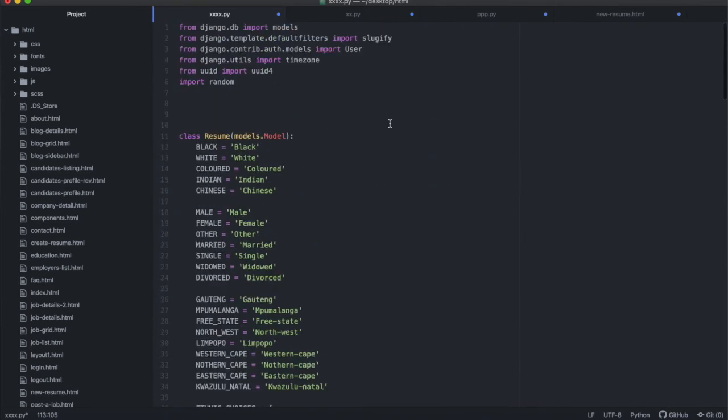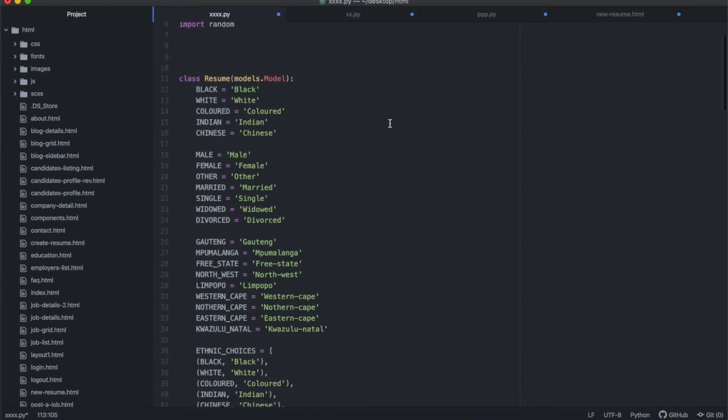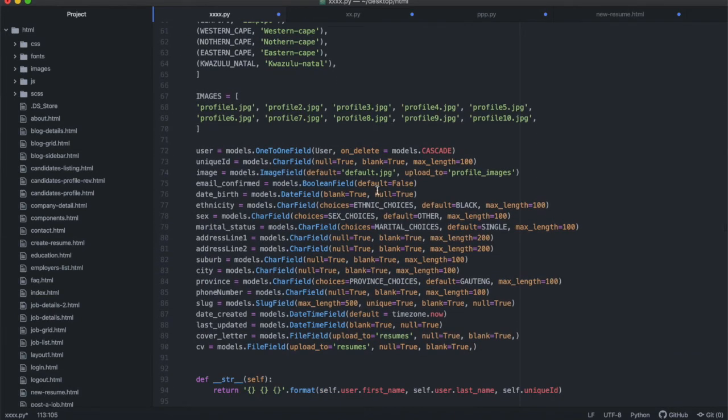Now let's continue. Now that we've created our resume class, we need to go on to creating our resume form. The way we're going to create the resume form is going to be very, very similar to how we created the register form. So if you're just starting this tutorial with us right now, this is already lecture 7. In the previous lecture, we went through the whole detailed process of creating a form